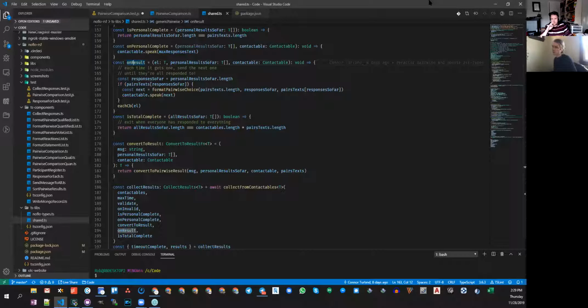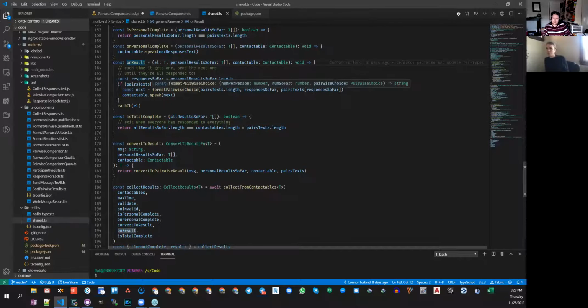So what should it do now? In the case that we currently have, it should send that person back, in contactable.speak, the next result formatted nicely for them to vote on, right?